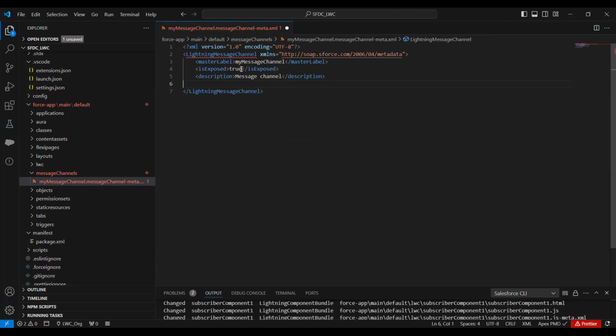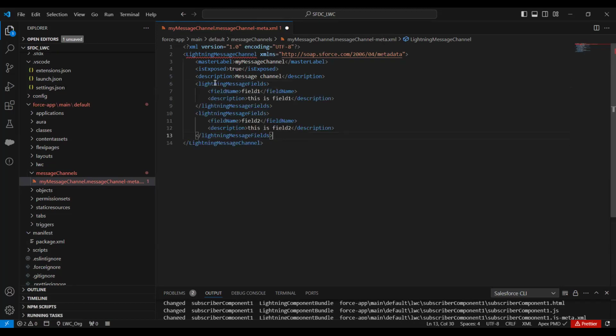Then we need to expose it, so I would say isExposed true. Then we need to give the description. The description you could give anything. Now let's suppose I want to pass two fields over here. So what I would do is